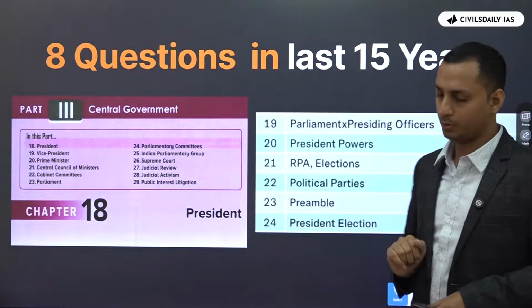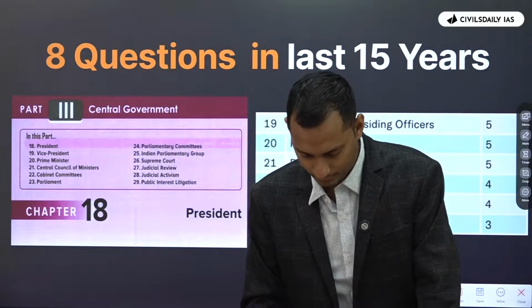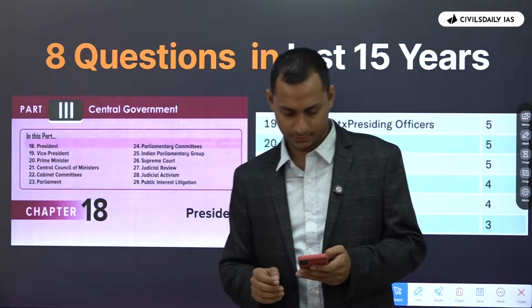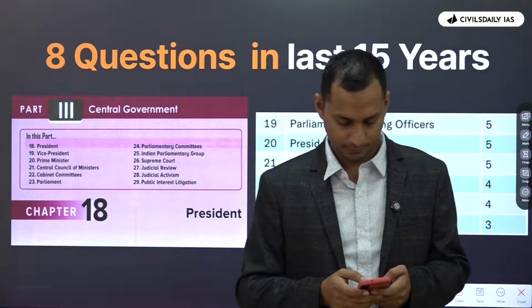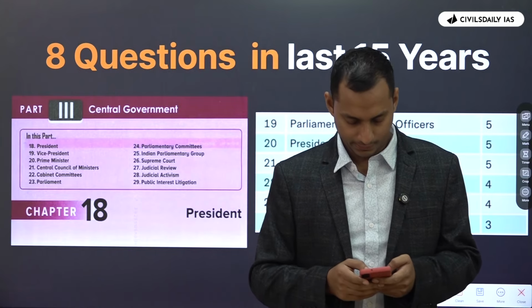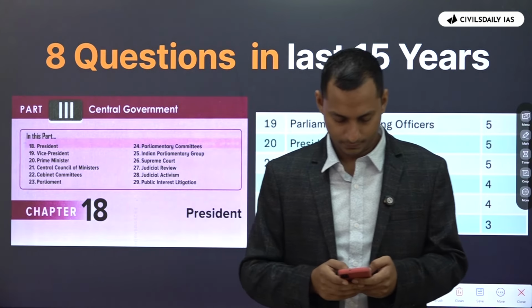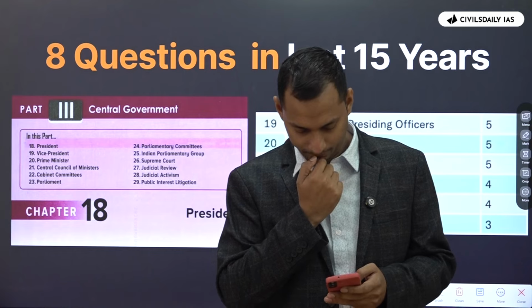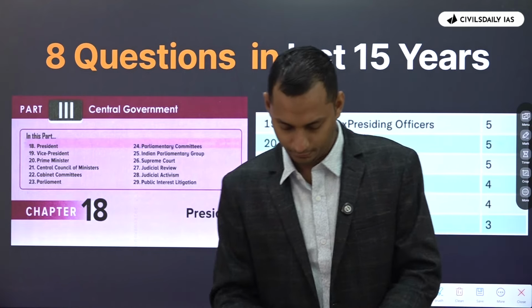Now moving on to the central government. Okay. So does anyone have any doubts with respect to all these topics that we have discussed? Gautam, Nandini, Ankush, Abhishek, Bhagyashree. Saurabh, anyone? Okay, good.